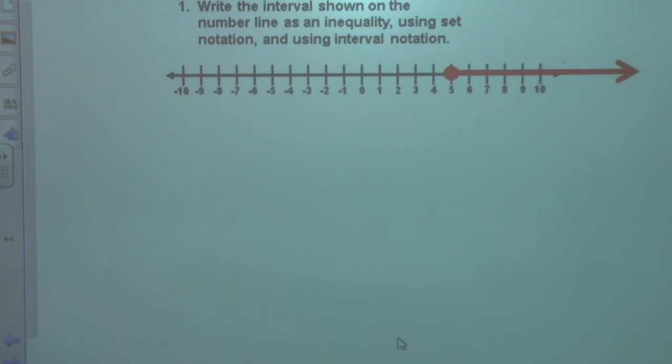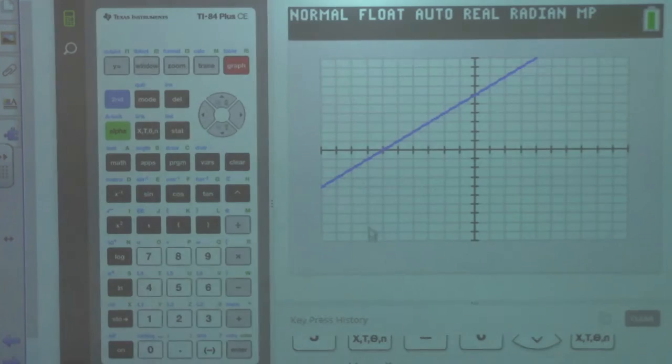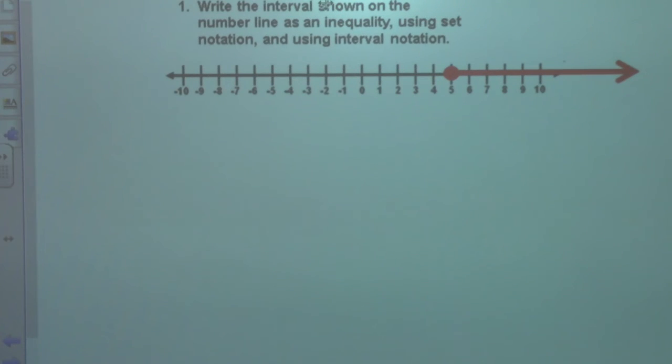So this is the first one, isn't it? Sure is. Okay, write the interval shown on the number line as an inequality using set notation, using interval notation. Can I try to do it on the board? Yeah, what I'll do is,